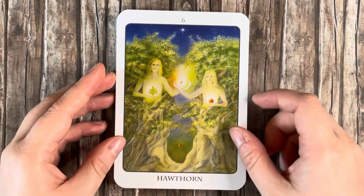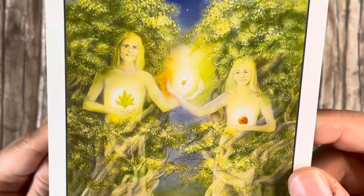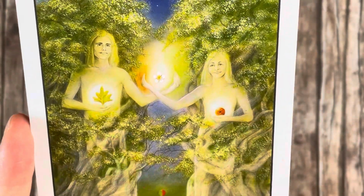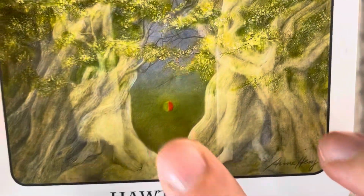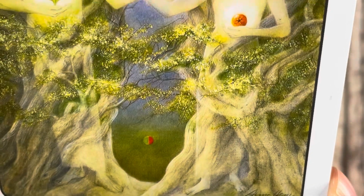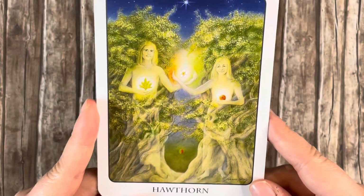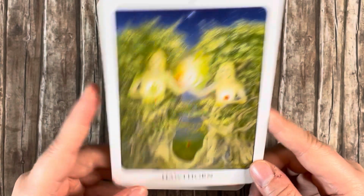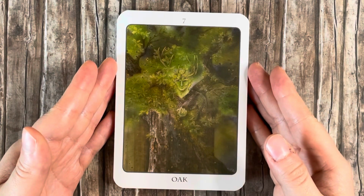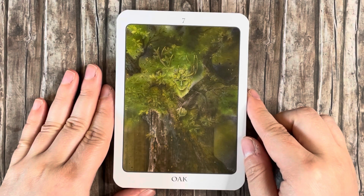The hawthorn, here we've got some really cool symbolism going on as well. We've got the hawthorn berry, the leaf, the flower, and down here we've also got some kind of red and green orb. I'm not sure what that is, but also up here we've got a star. So I really laugh. I'm losing the ability to speak really, because I'm getting really excited about